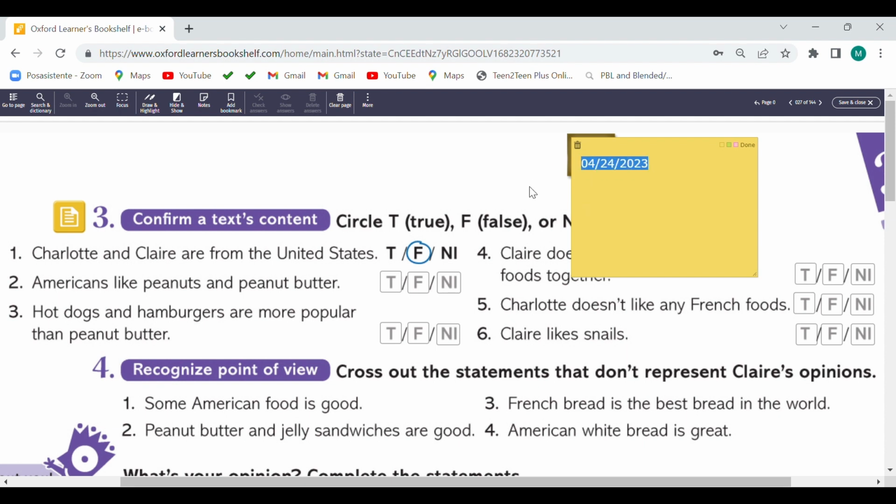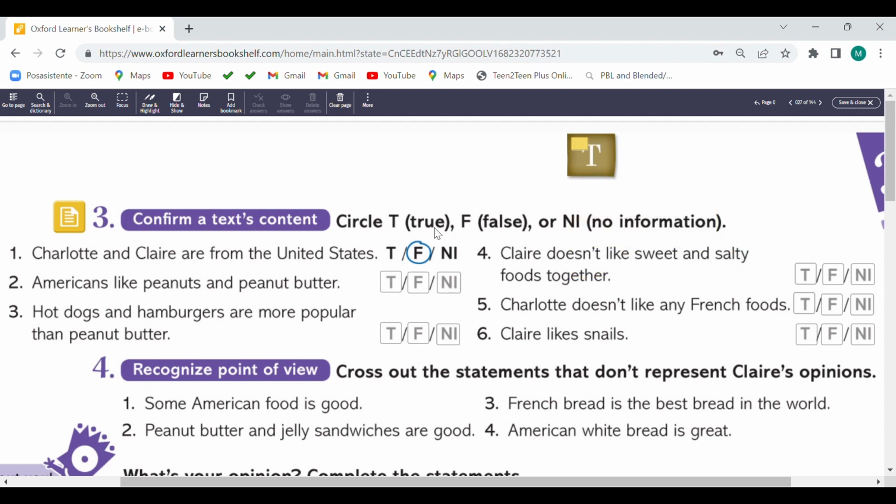Exercise number 3. Comprehend text content. Circle T for true, F for false, or NI, no information. Number 1 is false. Number 2, Americans like peanuts and peanut butter. True. Number 3, hot dogs and hamburgers are more popular than peanut butter.